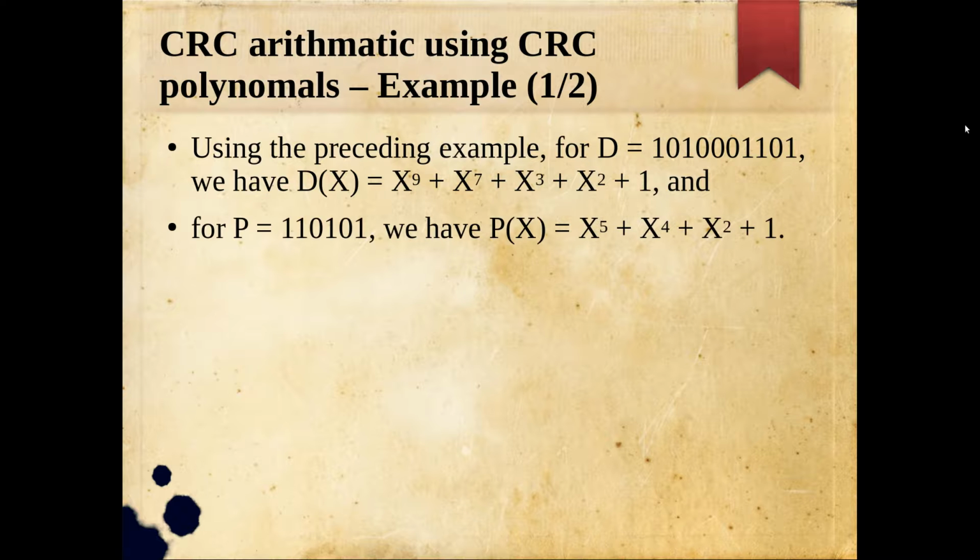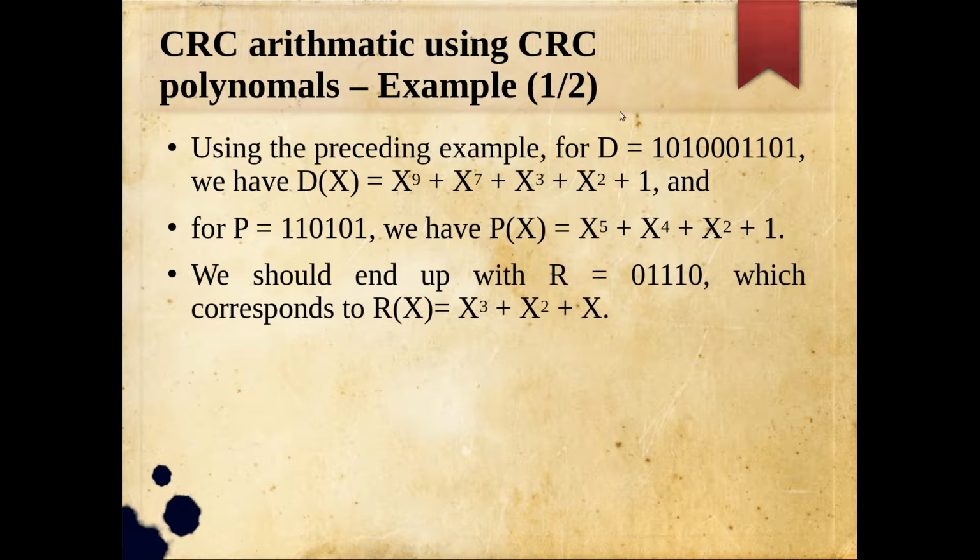So equivalently, this is the polynomial. Now the message pattern, I think it was like this. Then how many bits are there? 6 bits, so x raised to 5, x raised to 4, x raised to 3 absent, x raised to 2, again the next term absent, then x raised to 0, that is 1. Simply convert like this, and finally we should end up with the remainder, because we already executed the